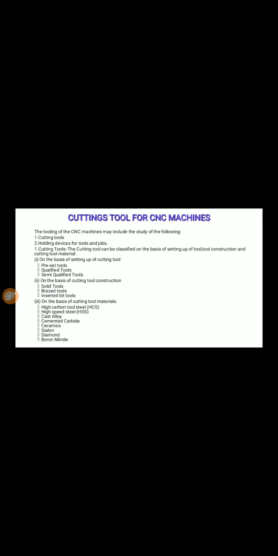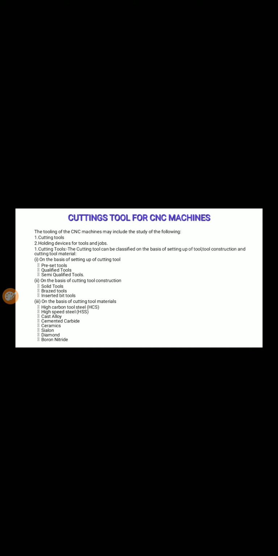Fixtures are equally important nowadays also, but jigs have been replaced in automatic technology because they simply assign the coordinate system. If you assign 0 0 0, the tool will be assigned to the mark where x is 0, y is 0 and z is 0. So there is no use of the jig nowadays in automatic machines. We are talking about the cutting tools.